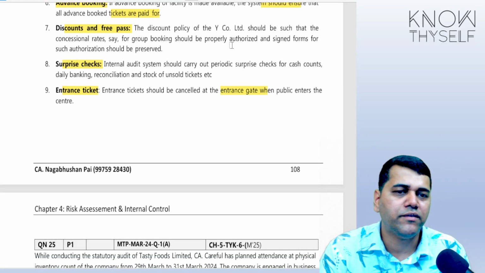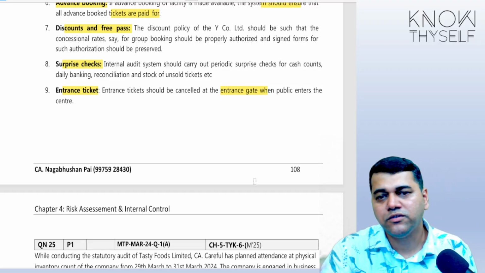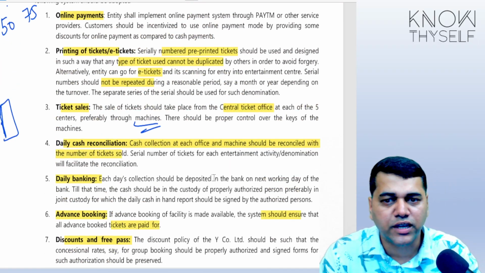This is what you see everywhere. No, they tear it or they give you a different exit. So these are all the things. Please practice this. Any 4 or 5 points you can remember. And